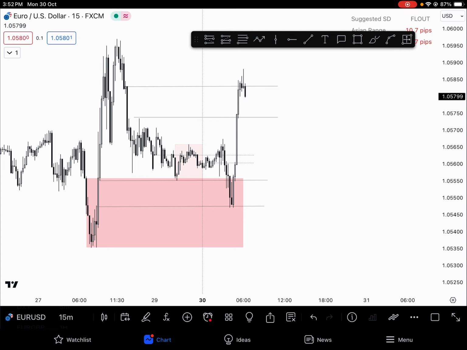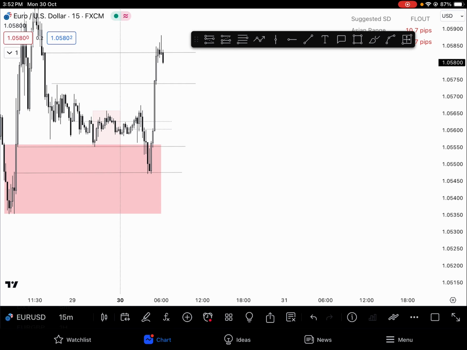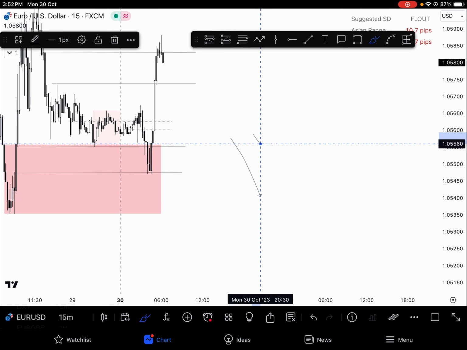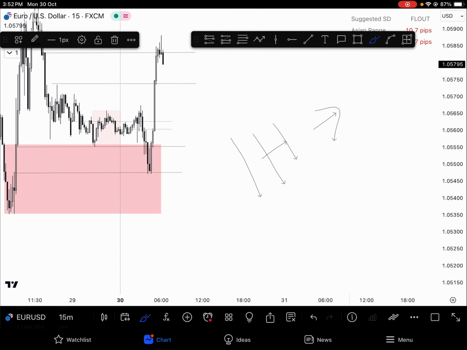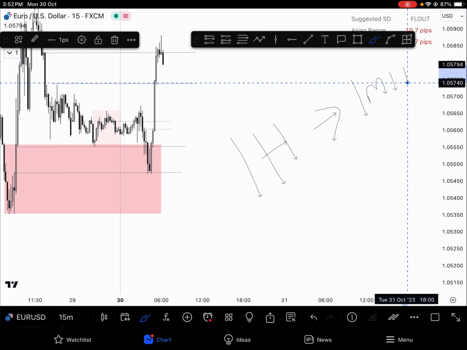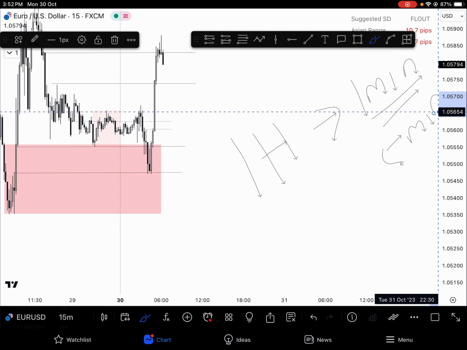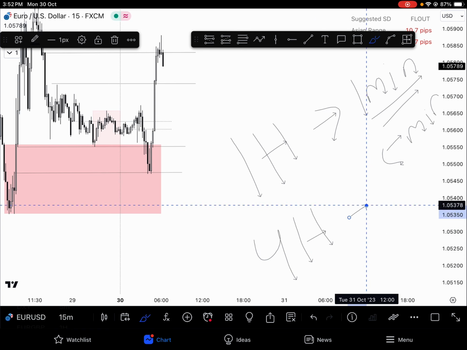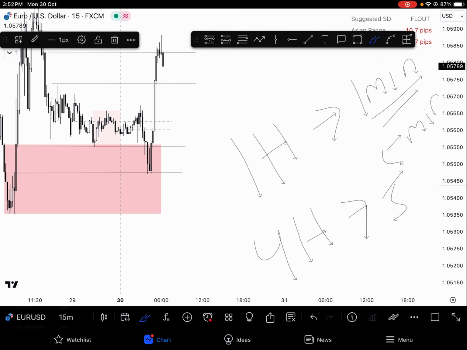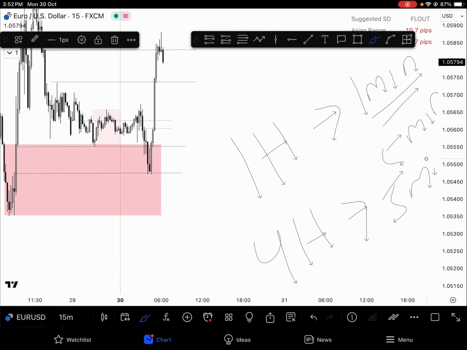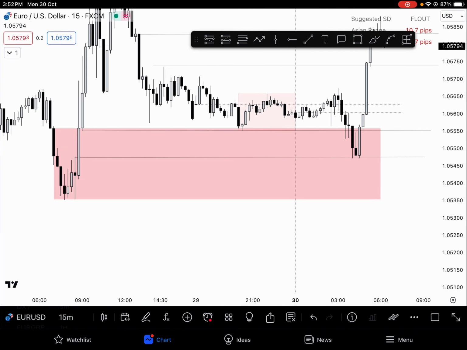Now how to apply this? Look, as it is a 1 hour time frame, I look for confirmation either in 1 minute, most of the time in 1 minute, or we can go to the 5 minute. And the same goes for a 4 hour PDRA. If we have a 4 hour PDRA, look for a confirmation in the 5 minute time frame. So now come here, and how do we look for confirmation?